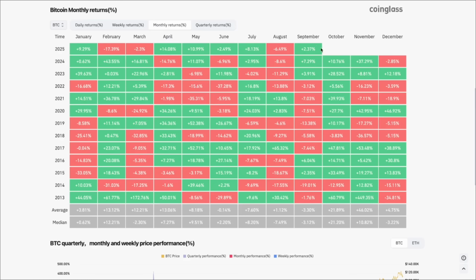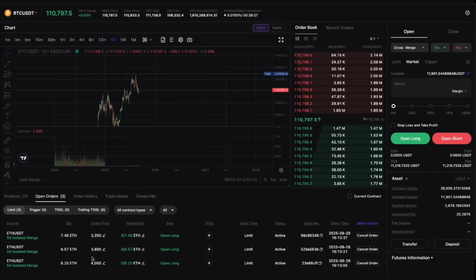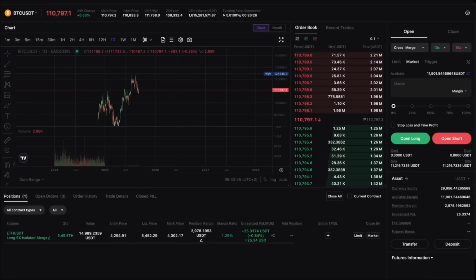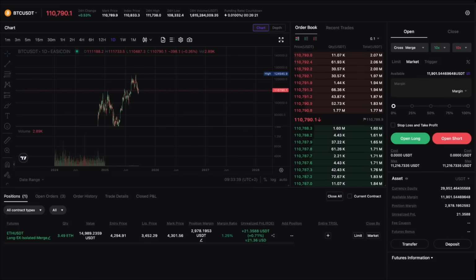And also if this month is going to be bullish, I do still think that October, November and maybe even December are going to be super bullish for Ethereum, most definitely. So that's why I've been opening these trades. And for the other scenario, if we are going to find support on that bull market support band, I have already opened an Ethereum trade, so I basically won't be missing out.